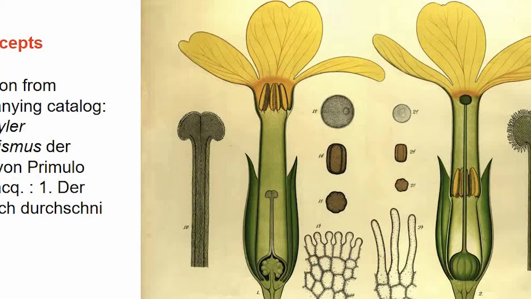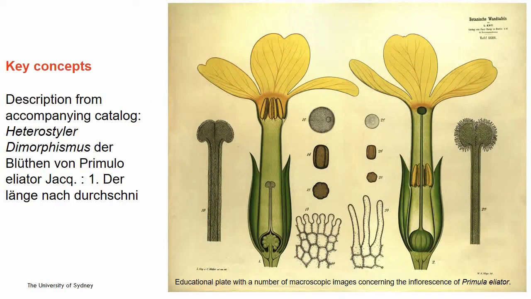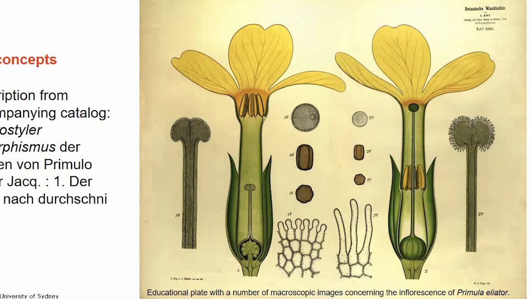So there's a whole lot of training in learning how to see like a botanist that you can teach or consolidate using these sorts of images, which is why I'm still using them in my classes. So this was looking at the heterostyly of this particular plant. The other thing to note, and I'll reiterate this a little bit later on, is that this illustration is at different scales. So this scale is not the same as this scale. So this is the blow up of this style here. This is the blow up of the top of the style here. And so on and so forth through the plant.